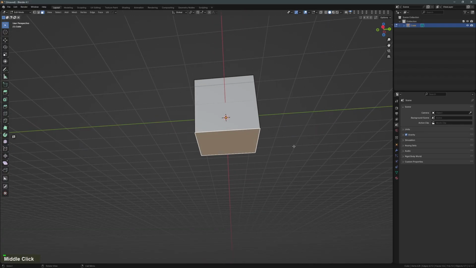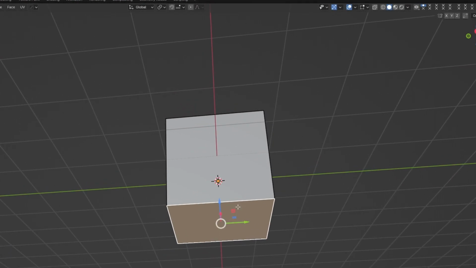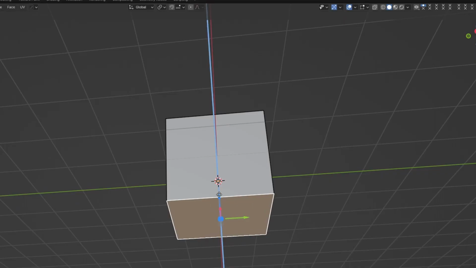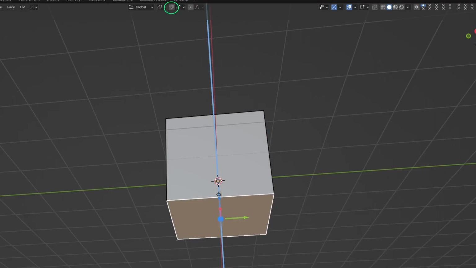In order to move it, I must select the Move tool. This brings up a gizmo of which I can grab the respective arrow to move the selected face. Blender makes it clear in which direction I move the selected entities by highlighting the respective axes. Since I have Snap activated, we can see this by the lit up magnet button. The face snaps to the grid and finally to the ground plane.